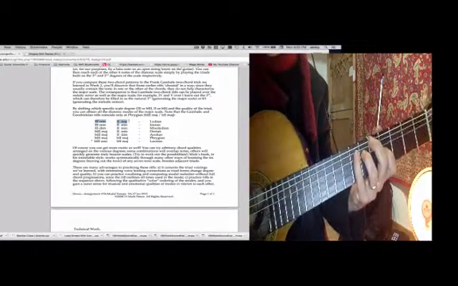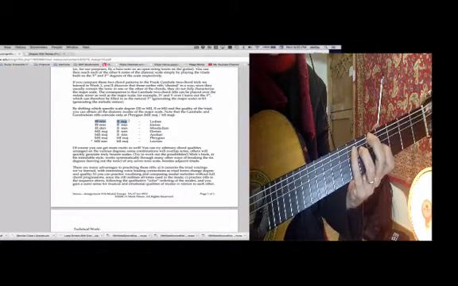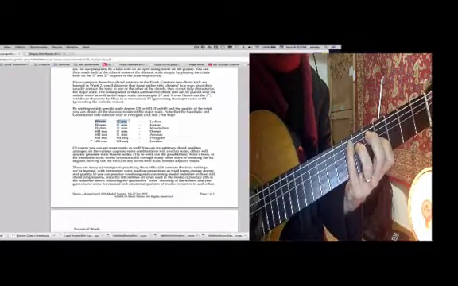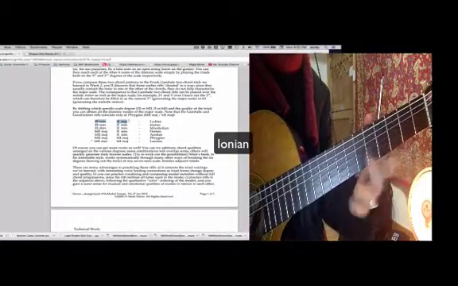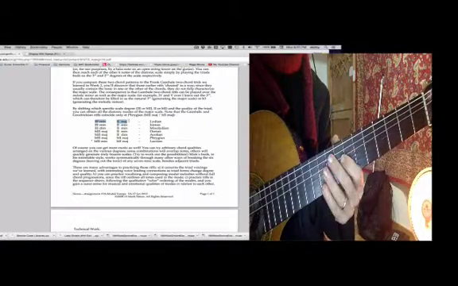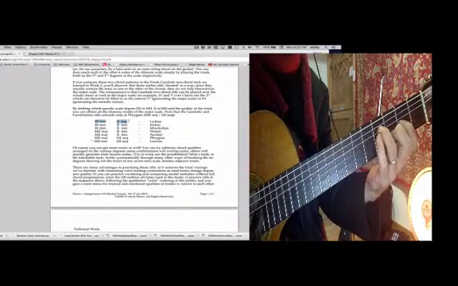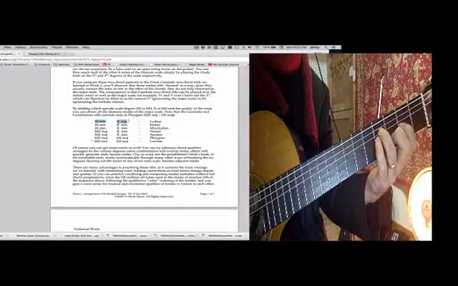I'm not going to do them all just because of time, but I'll do a few more of them real quick. So my next one's Ionian. I'm going to do them all from D, just for simplicity's sake. So I'll find one of those D chords I played a minute ago. How about this one? And then I need a 2 minor